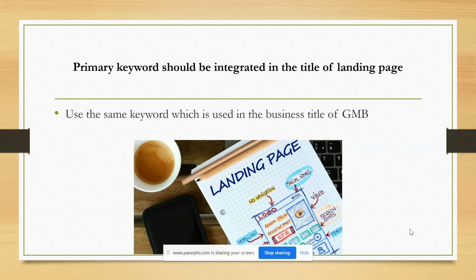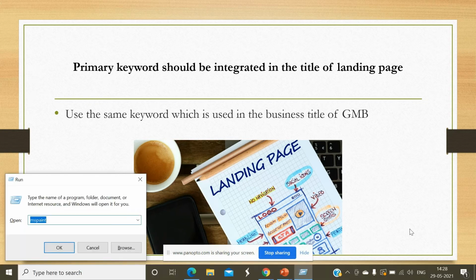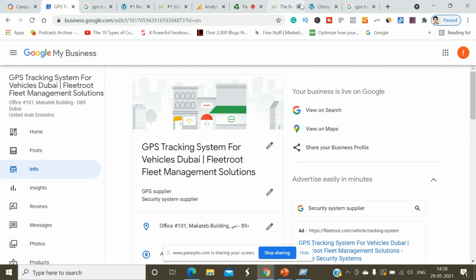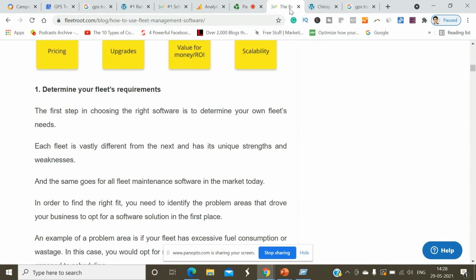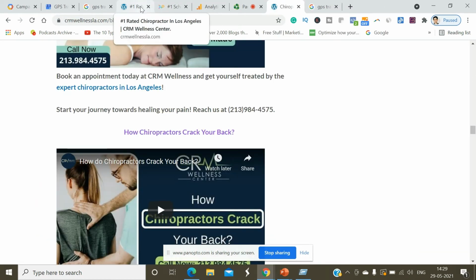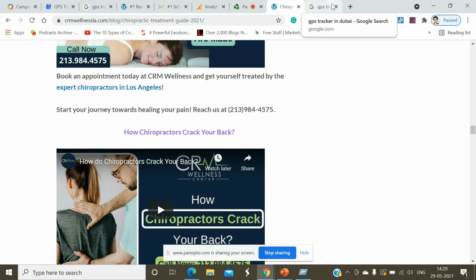Then your primary keyword should be integrated in the title of the landing page. You have to use the same keyword which is used in the business title of Google My Business. So I'll show it to you live over here as well with some examples.